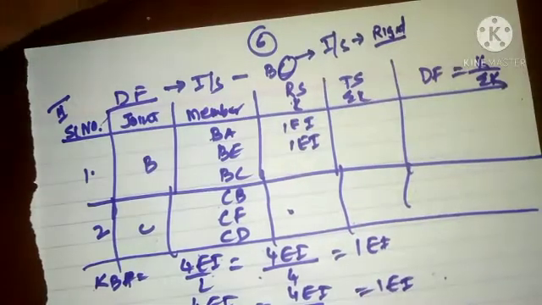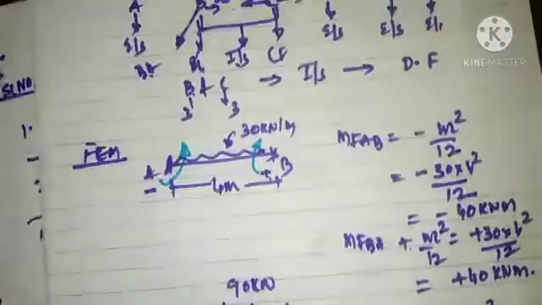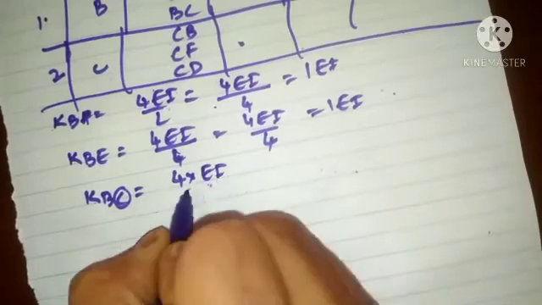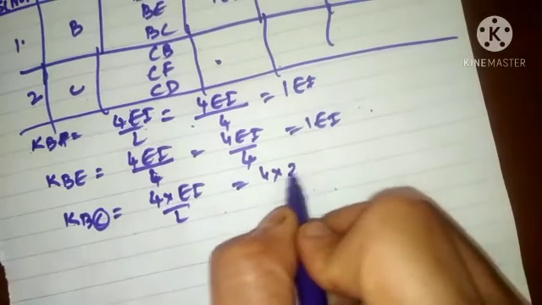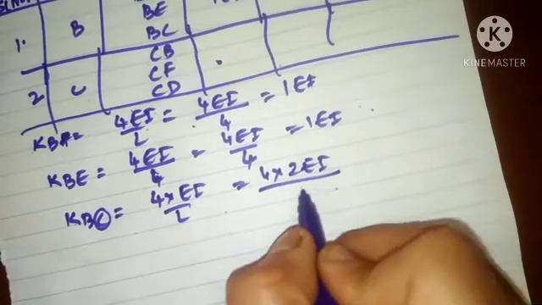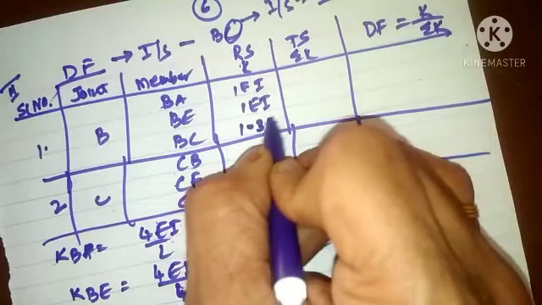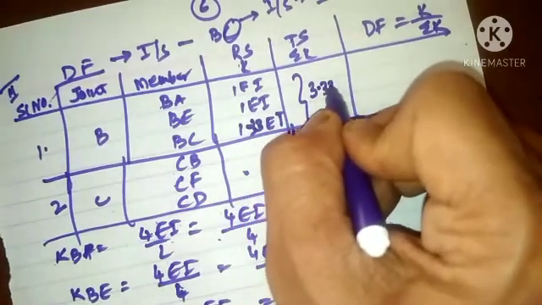But later on, during the process of the distribution table, we'll release the rigidity by ensuring that the net moment at B and C will be 0. So that's the reason why you are making it fixed now. When you consider it as rigid, the formula would be 4 EI divided by L, which is 4 into 2 EI divided by the span of the beam, 6. So it will be 1.33 EI. Net value will be 3.33 EI.